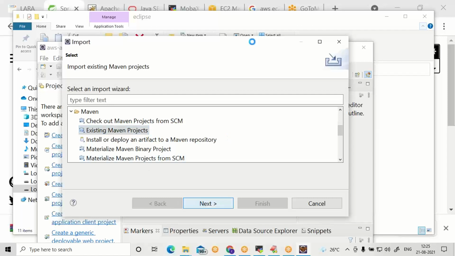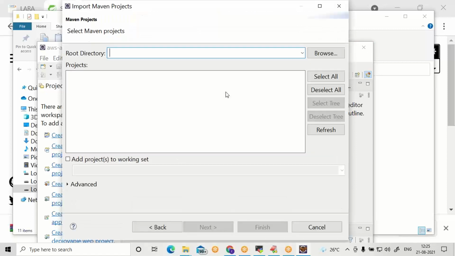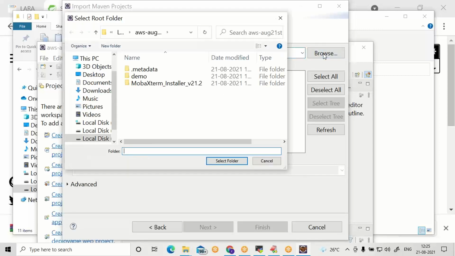Go next. Browse. Select demo. One more time, till you see .mvn and src, you have to select.